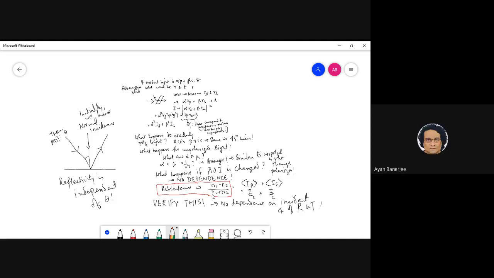So if you come with theta angle for the P component, you get one R parallel. And for the same theta angle, you will get an R perpendicular. So the resultant reflectivity will be the combination of the percentage of the P polarization in the light and the percentage of the S polarization in the light. That is what I'm saying.